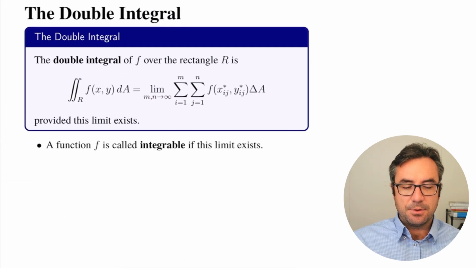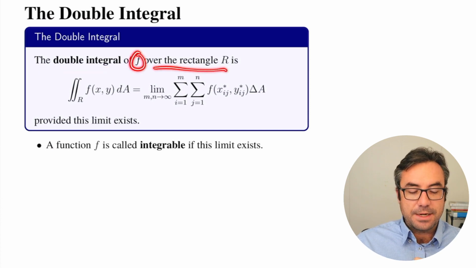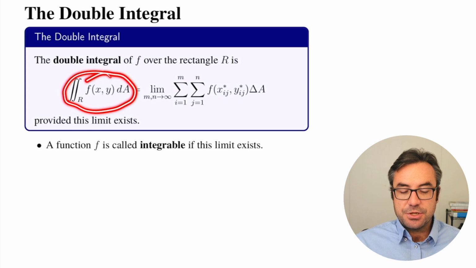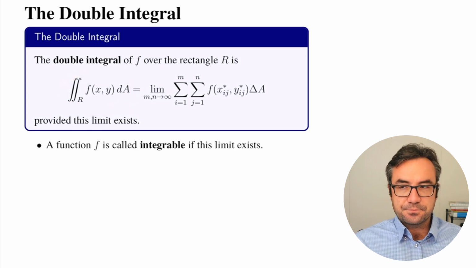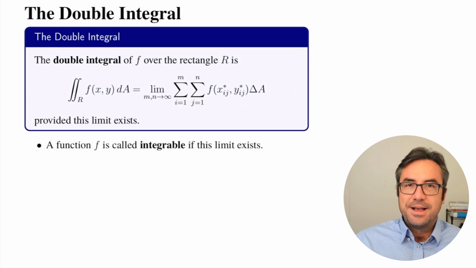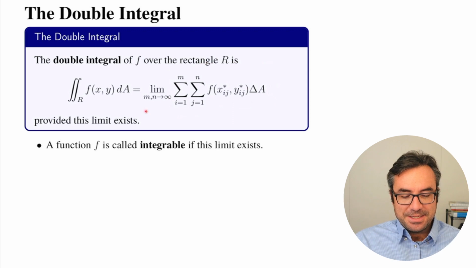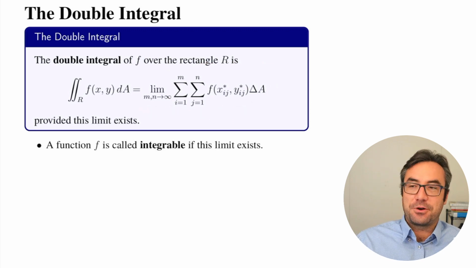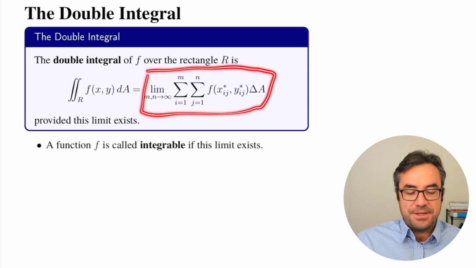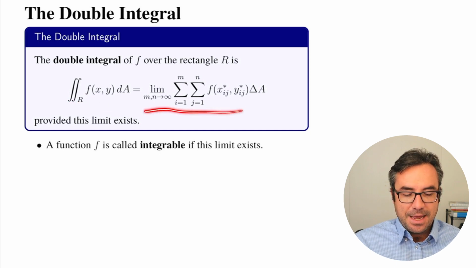All right, so here's the double integral. So we say the double integral of a function f over the rectangle R, and this is the notation that we're using for the double integral, is equal to, that's a mouthful there, this limit of this double Riemann sum. So let's actually go back further and unravel what this limit is actually doing. So this is how we're defining what a double integral is. And